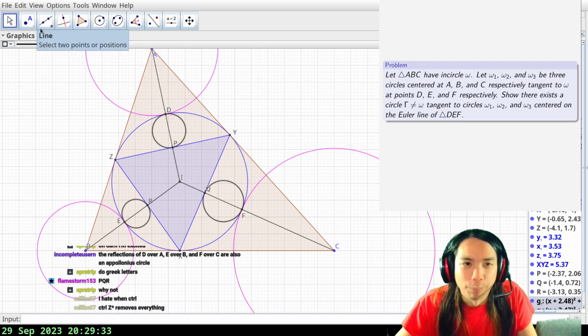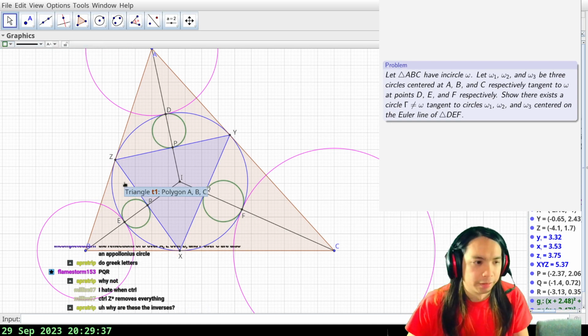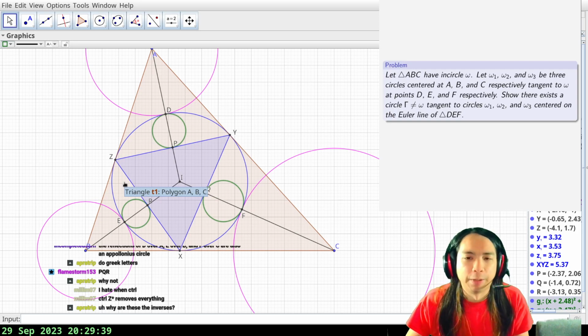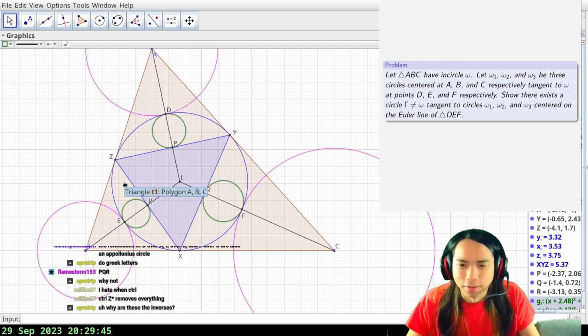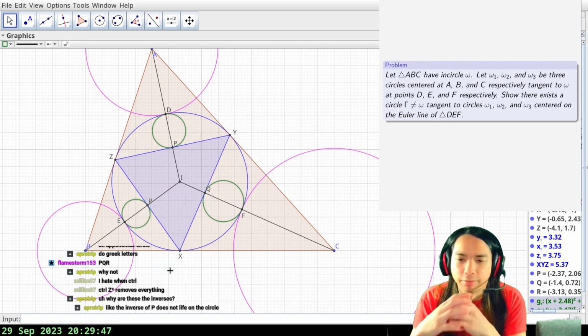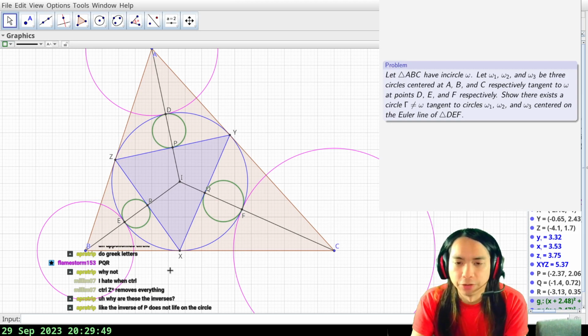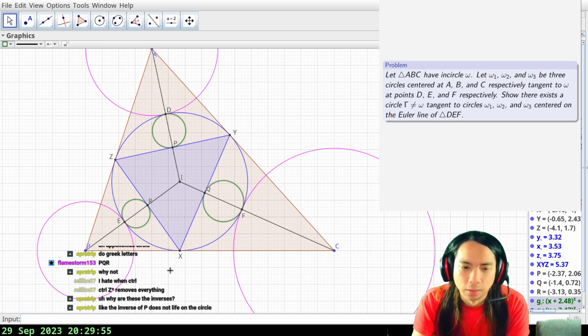And same problem, but I think this feels a lot better because the Euler line of XYZ is something that makes sense now. What I mean is that the blue circle is actually kind of the reference circle, so it's like the Euler line of your base triangle. And I think two tangencies is a nicer condition than